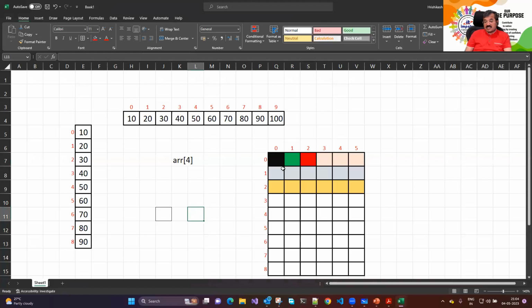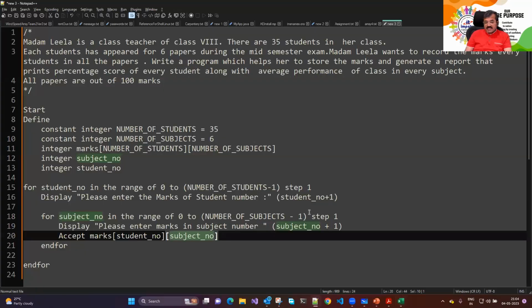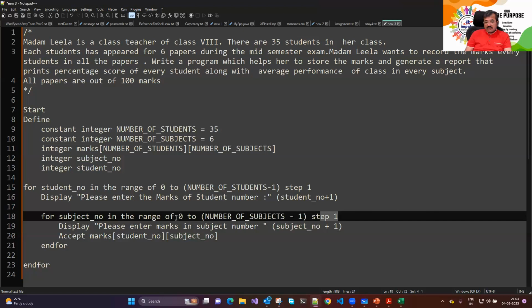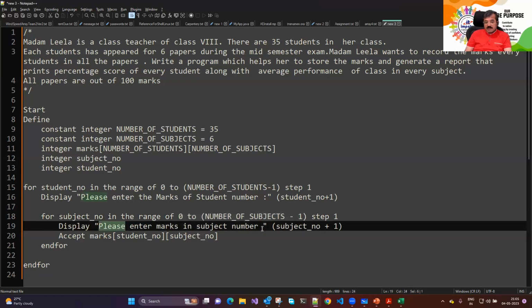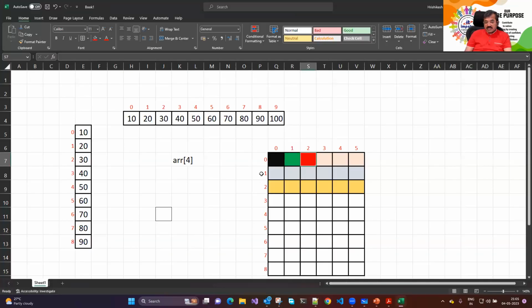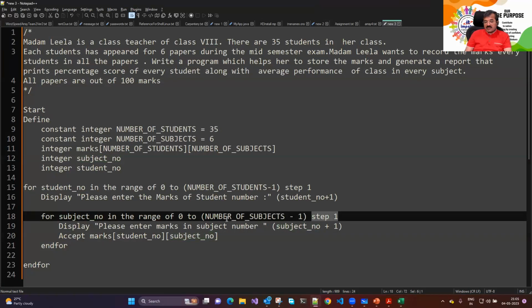After we accept the marks, again step 1, so now this becomes 3, so we are saying please enter subject number in the range of 0 to 5, yes, so we go inside, we say please enter marks in subject number 4, but ये है 0 और ये है 3, यानी यहाँ आ गए, यहाँ we have accepted marks of the fourth subject में marks accept कर दिए। Now step 1, counter now becomes 4, is 4 in the range of 0 to 5, yes, so it now becomes